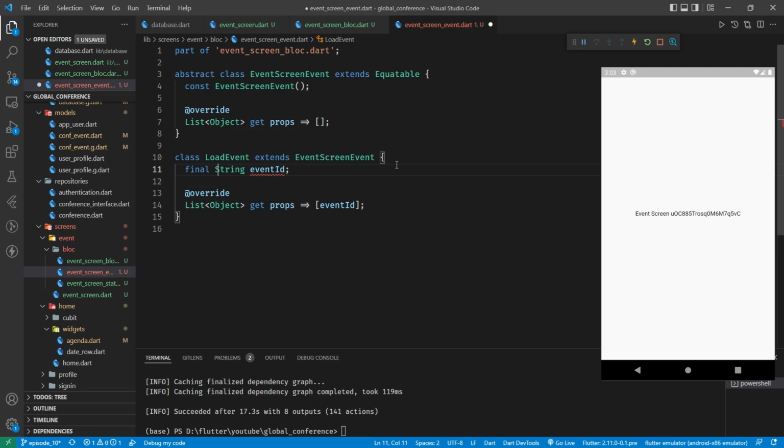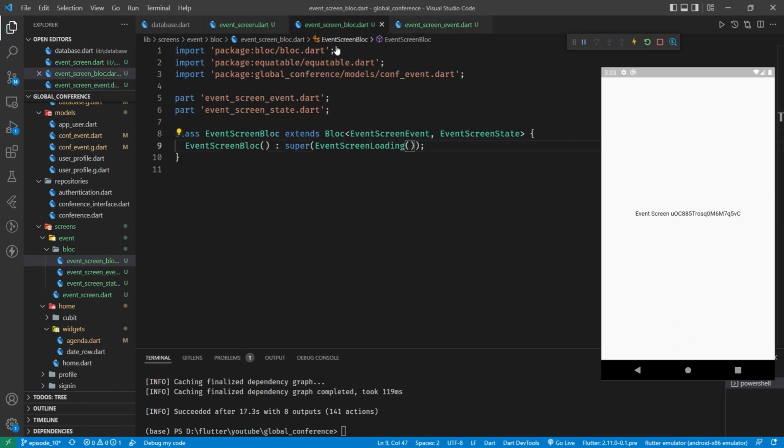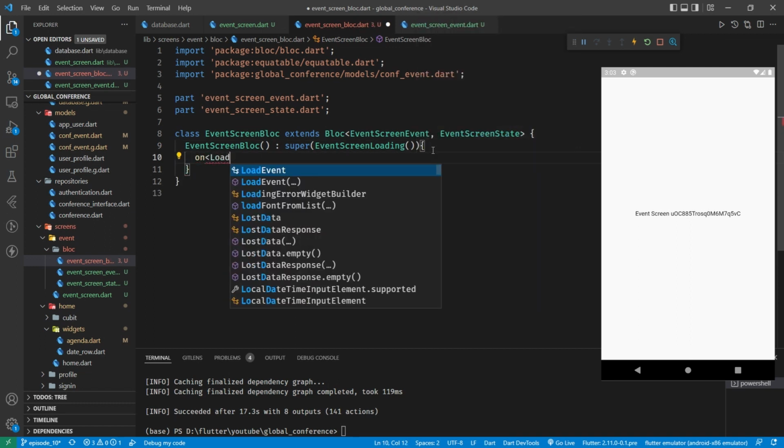It's also going to need a constructor. We'll create that as a constant constructor. Okay, save that. So coming over here, we can now put in our constructor here and say on load event,